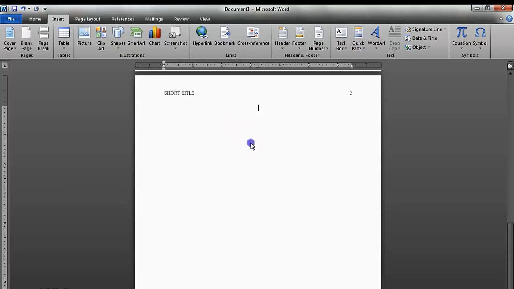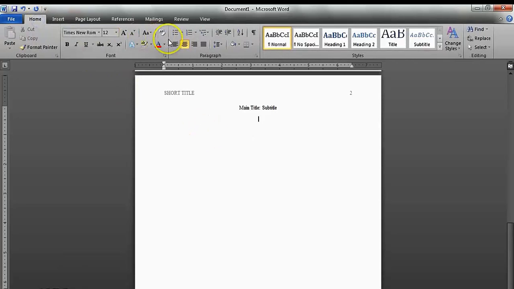So next, double-click below the blue line once again, type your main title again, and don't forget that subtitle. I'm not going to type the whole thing, but normally it should be the full subtitle yet again. Then hit enter, go back to the Home tab, and align the text left, and